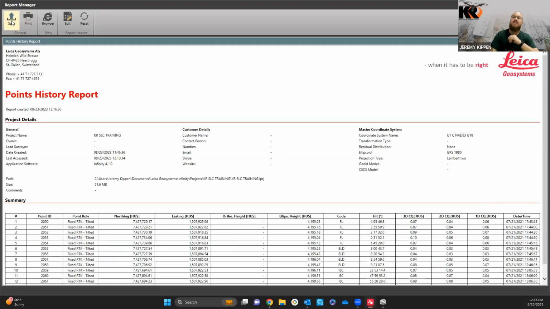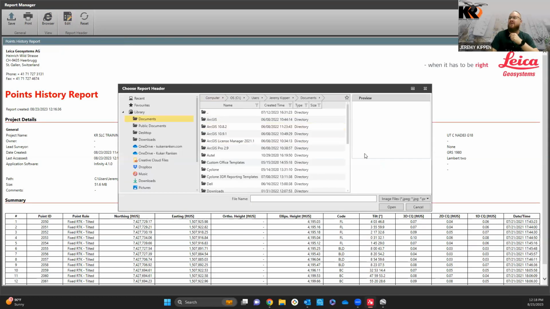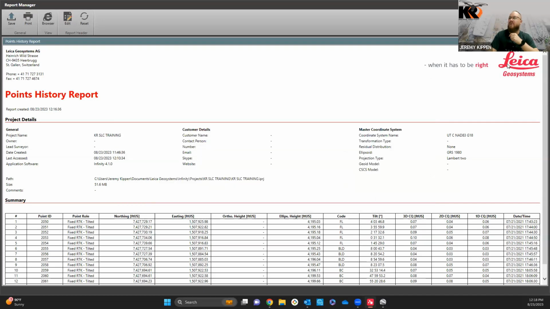Then up here, you can see that we can save it, we can print it, we can send it, we can open it in an internet browser if we needed to. We can edit the point or edit any images. Say we wanted to add in a different logo, we could. But moving on,